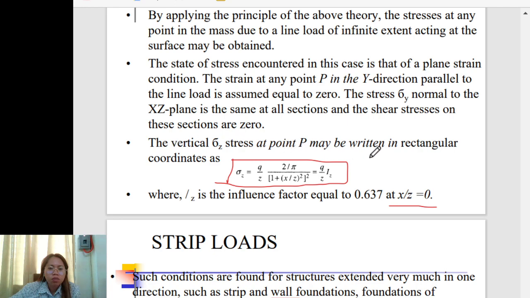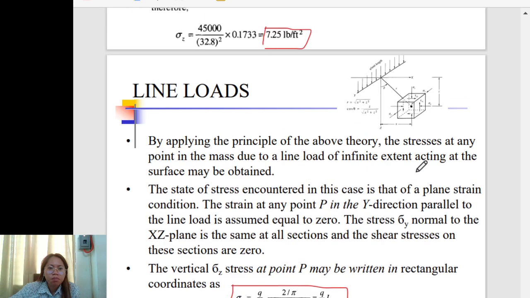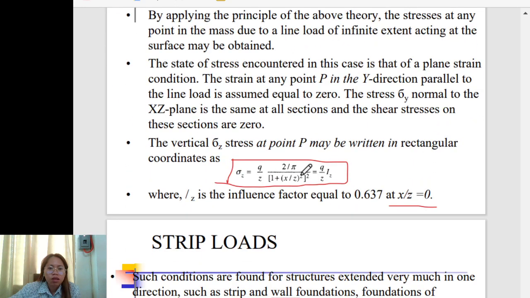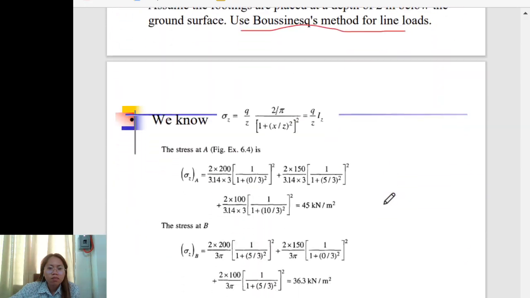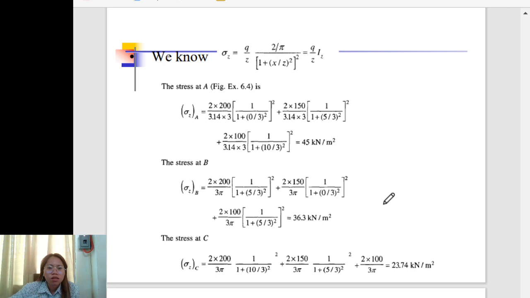The vertical stress at point P may be written as this one, for line loads. And your I sub Z is 0.637. So using this formula,